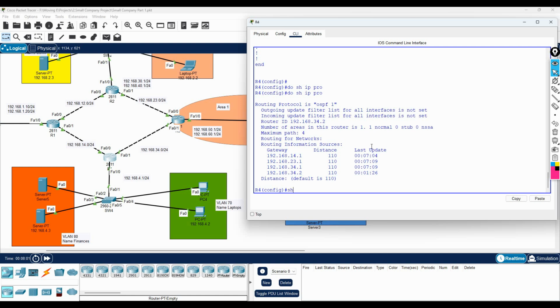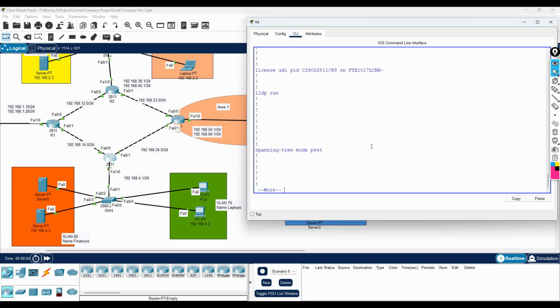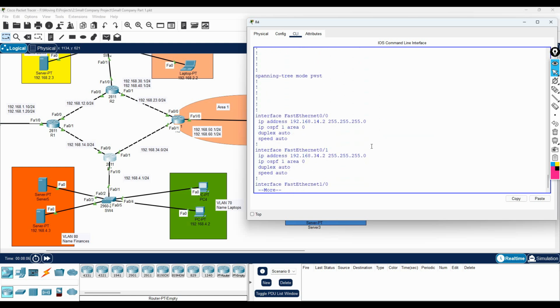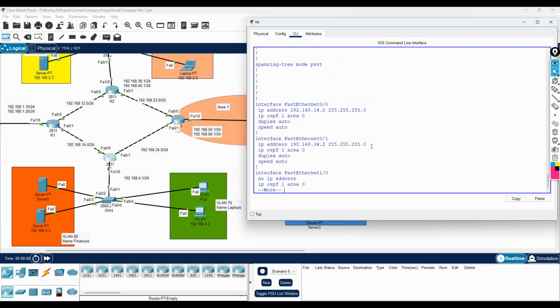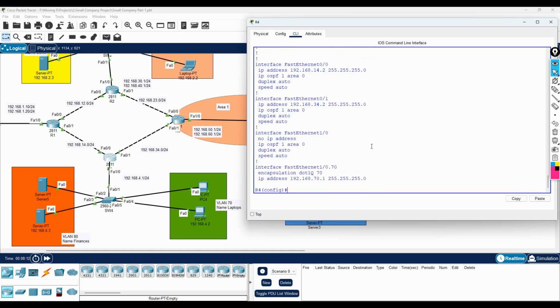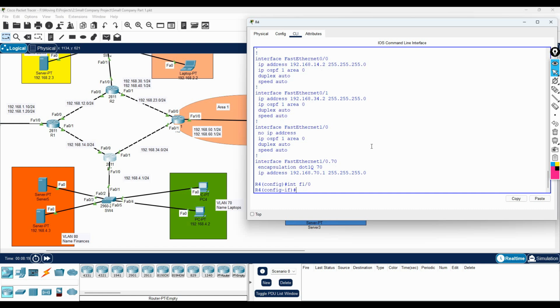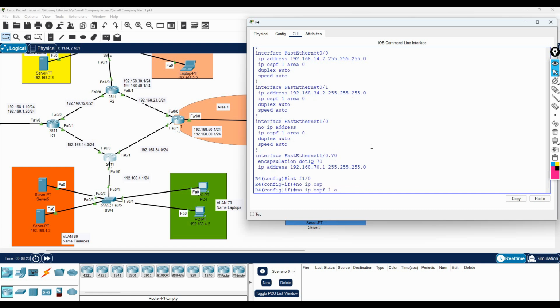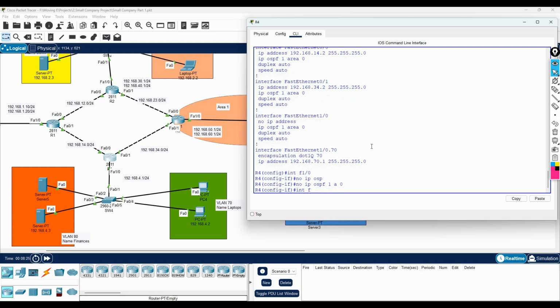So let me write do show run. Here I can see OSPF is in this interface, and here also you have OSPF. So what I will do here is interface F1/0, no IP OSPF 1 area 0. I am removing it from here. After that I will put